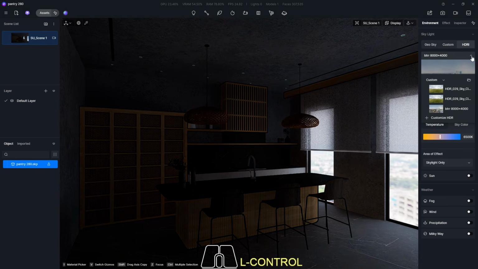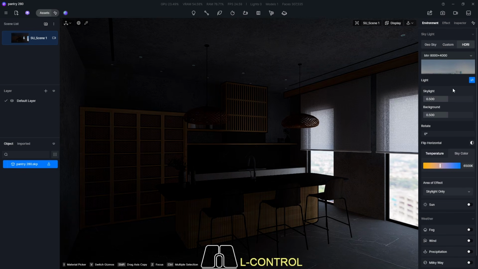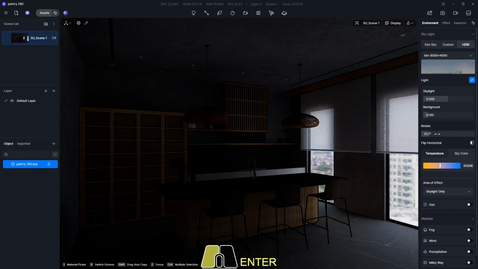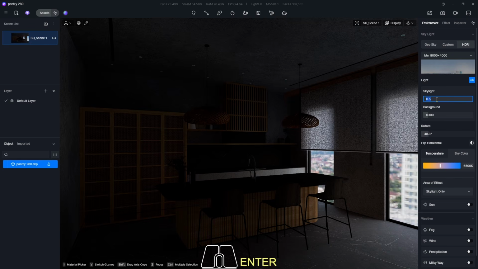So let's play with the background. I think 0.1 is enough, and let's rotate. Yeah, maybe right here, 48, and then let's turn up the skylight, maybe 1,